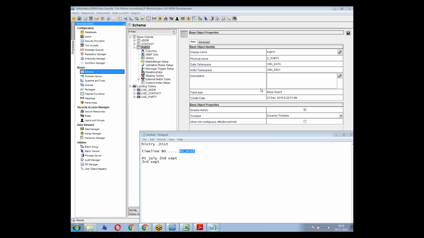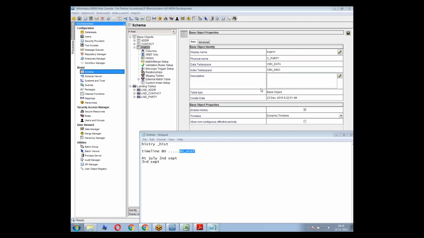So can we say we don't need testing for this functionality? This is standard, already built at the heart of the process, so you don't need to test it. Yeah. Thanks. And if you use dynamic timeline,